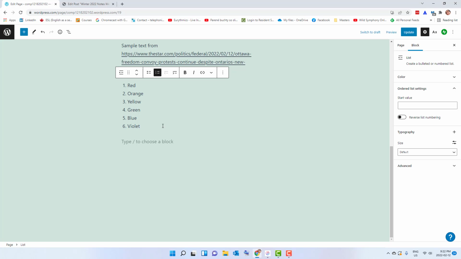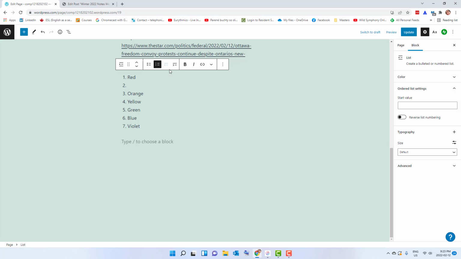And with a numbered list, the other thing you can do, and this is also true of a bulleted list, is you can have sub-items. We've done this exercise before a long time ago in Word. So let's create some sub-items. I'm going to go to the end of the one red, press enter, and then I'm going to use the little floating toolbar, and here's my increase or indent list item. So I'm going to indent the list item. So now I have a sub-item of red. So apples are red, and stop signs are red,